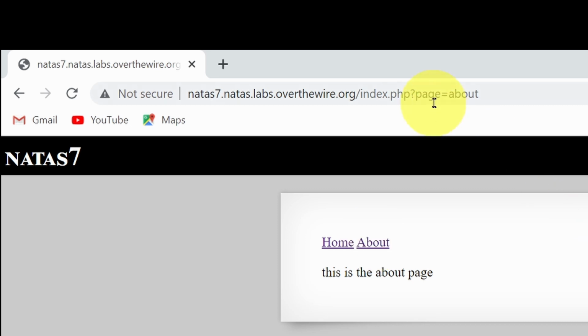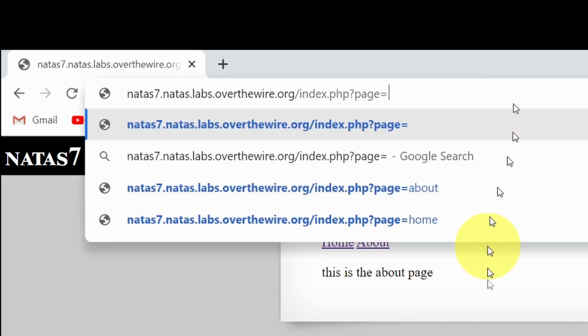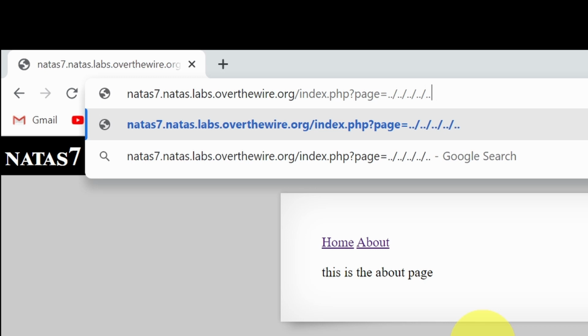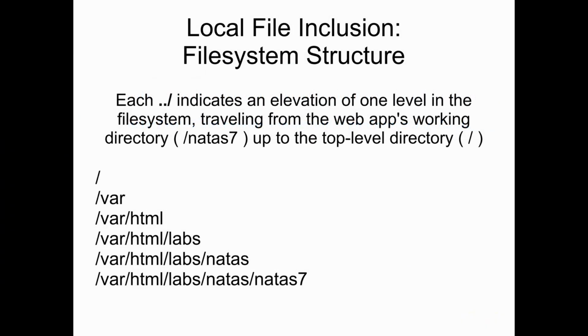In the address bar, we can substitute the name of the page with the following string: a series of ../ slashes, followed by /etc/password. Note that the spelling of password is non-standard. But why this particular string? From the Natas game instructions, we know that the Natas CTF web server is running either Unix or Linux as its operating system. In Linux,